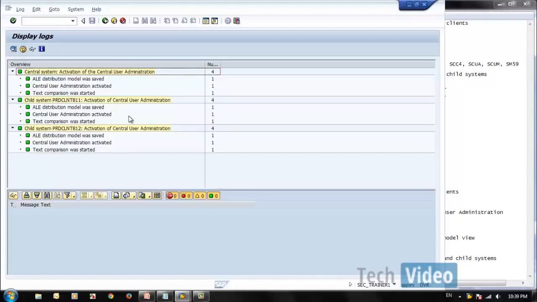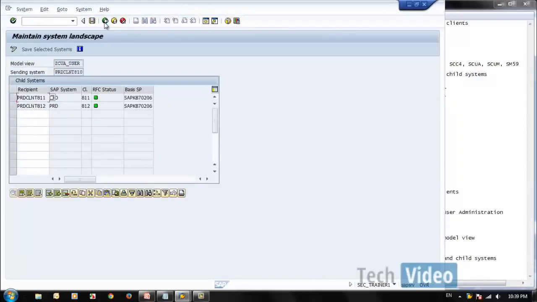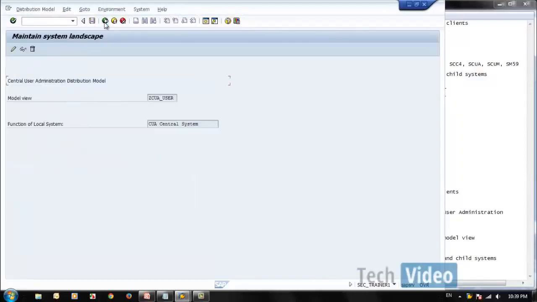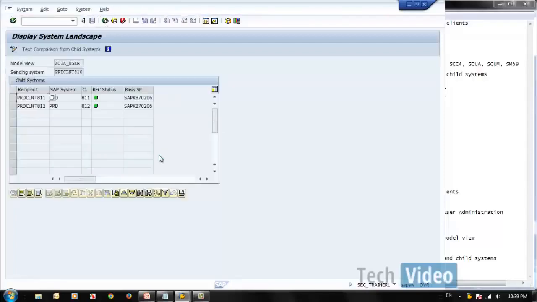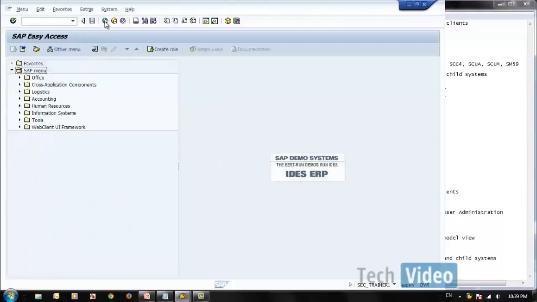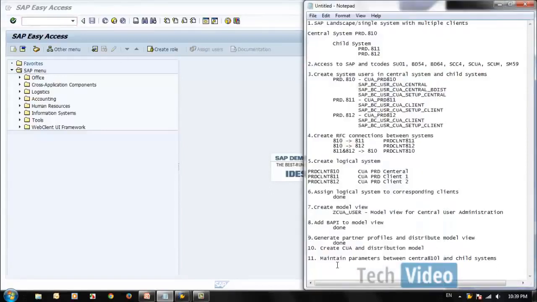If you get it like this, then the CUA setup is completed correctly. Okay. So if you go to display mode, then you can see everything status is correct. Now the next step is that we will maintain the parameters between the central system and the client system.